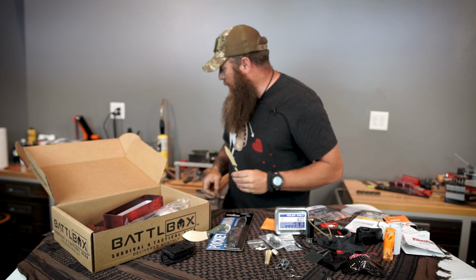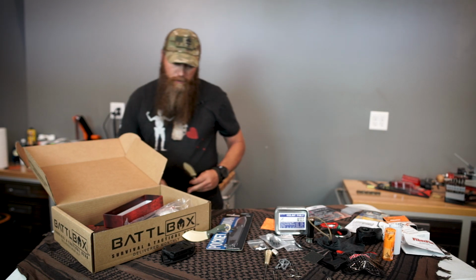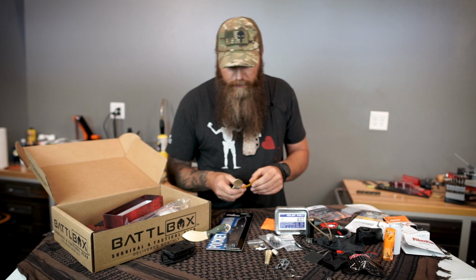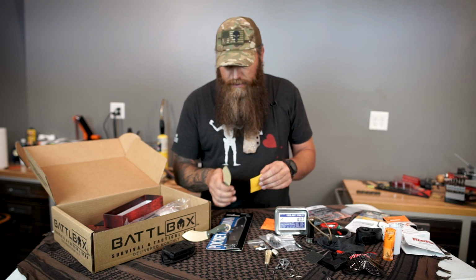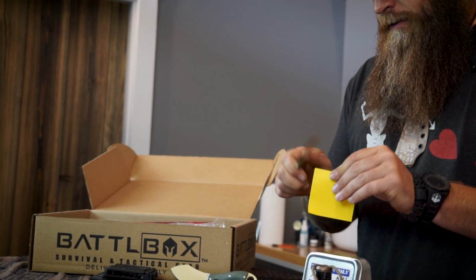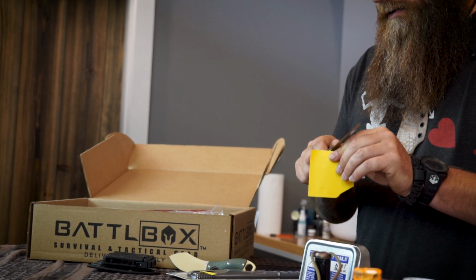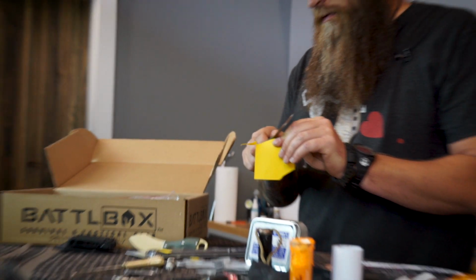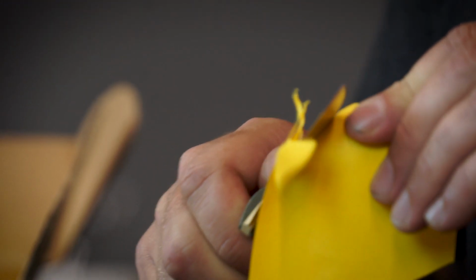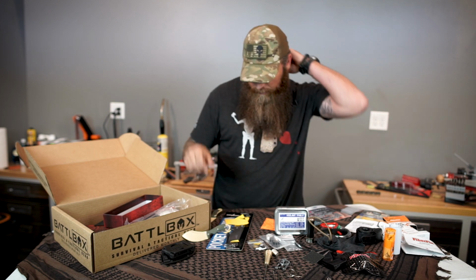So just to show you the kind of edge, let me get something here. With just a little bit of work with the strop and really polish up that edge, this bad boy's sharp. Just so you know. Look at that. Ain't that nice? So this sheath here